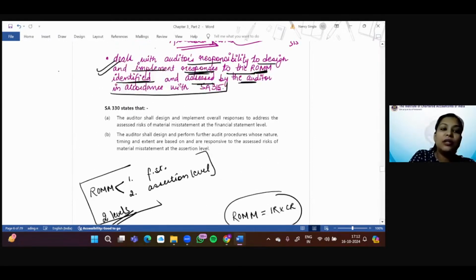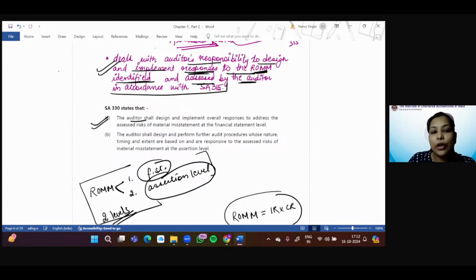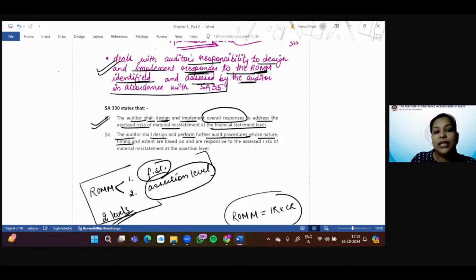So when the auditor is responding to the risk, he is going to respond at financial statement level and at assertion level. SA 330 states that the auditor shall design and implement overall responses to address the assessed risk of material misstatement at the financial statement level. And the auditor shall design and perform further audit procedures whose nature, timing, extent are based on and are responsive to the assessed risk of material misstatement at the assertion